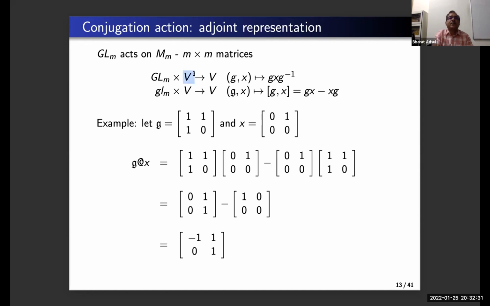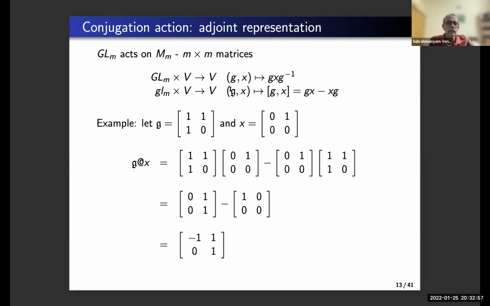So V is the space of all m by n matrices, and the group action is, given a group element G and given a matrix X, you just conjugate X by the group element G. So G maps the point X to the point GXG⁻¹. Okay, so this is a linear action. And if I look at the induced Lie algebra action, then it will correspond to this bracket, this commutator